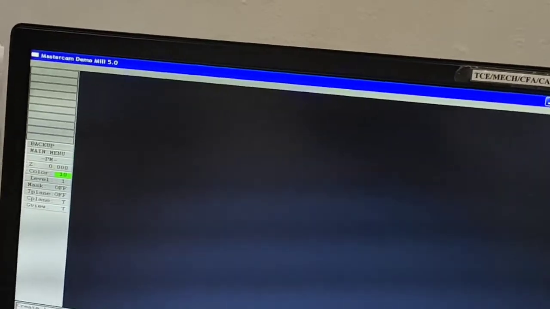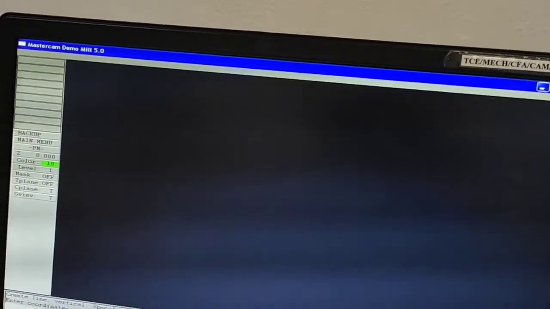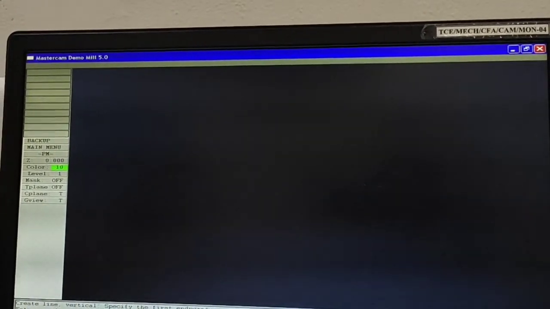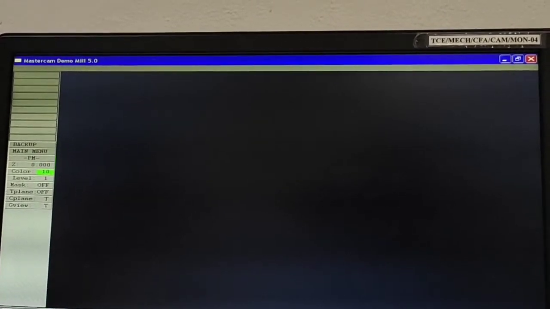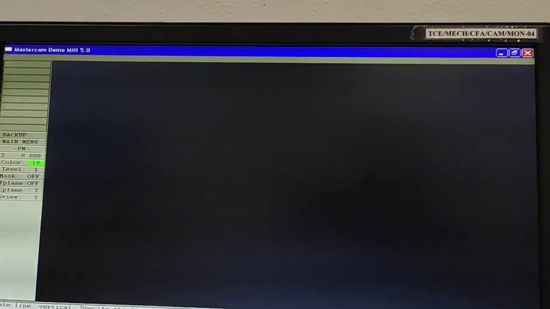Here I enter first x, then y, then z value. We are using the two coordinate system, so x and y is enough. First enter x. What is the x value? 0, comma. What is the y value? 20. So 0, 20. Just enter.